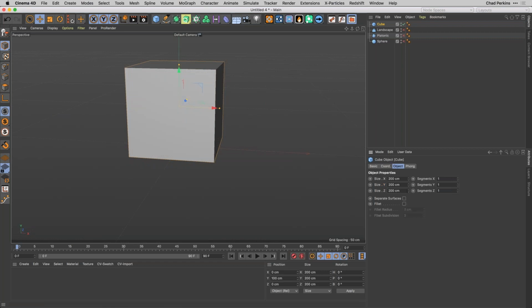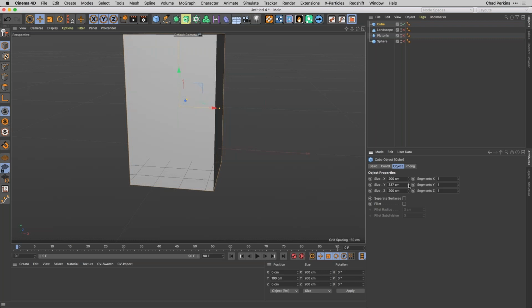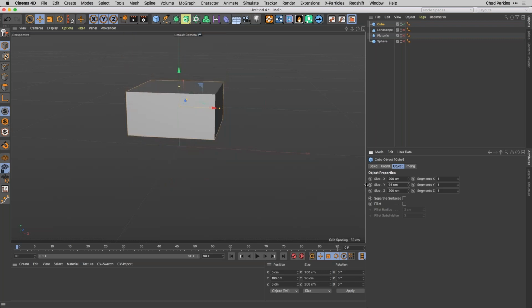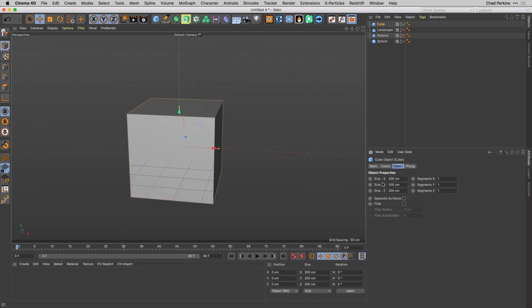However, if I then go back and increase or decrease the size, then it ruins it. So what I want is a dynamic way to automatically have the position of the object be half of the Y size. And again, I don't know anything about Cinema 4D, but I figured this out